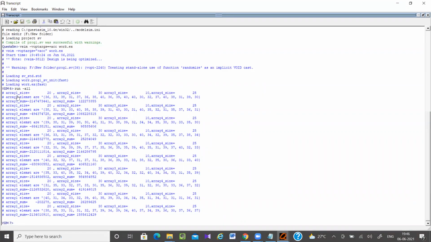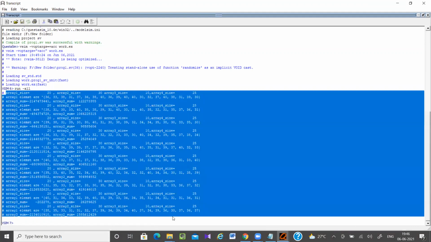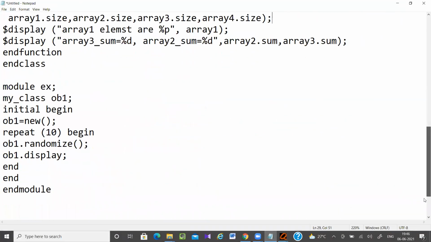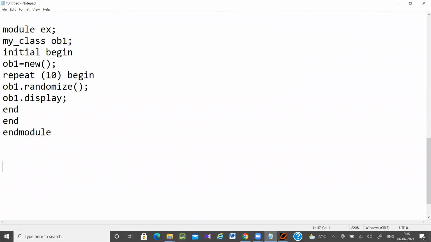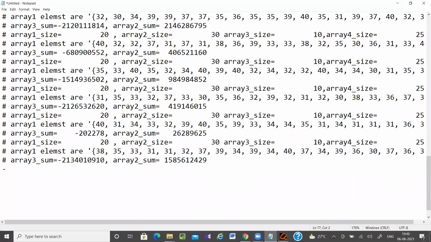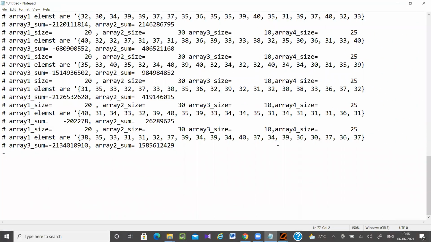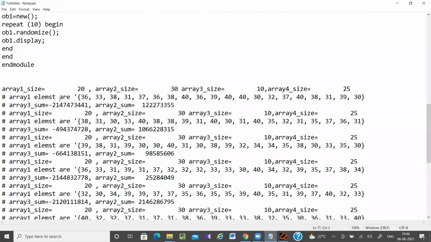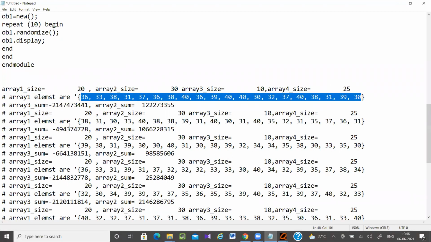Now you can see array 1 sizes like 20, 30, 10, 25, and the elements are between 30 to 40.